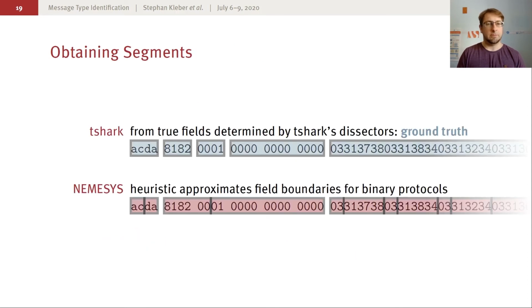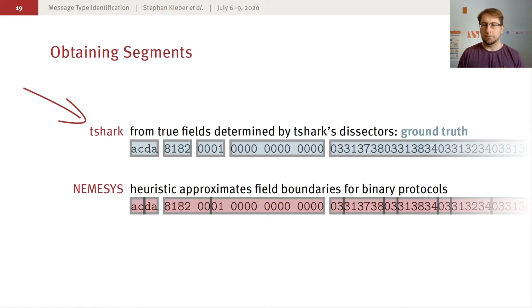To initially obtain segments at the beginning of our process, we tested multiple methods, and two of those are T-Shark and Nemesis. T-Shark uses the information from Wireshark dissectors to determine the true field boundaries and yields segments that are perfectly resembling the fields of the protocol.